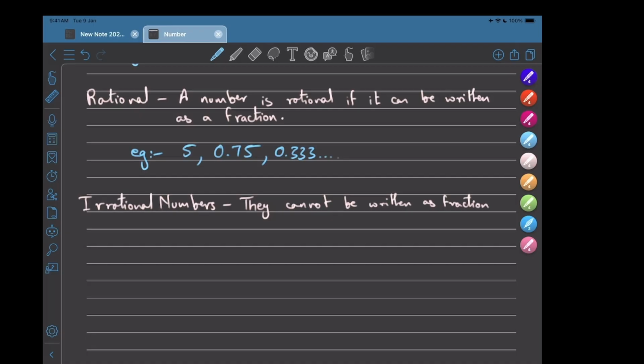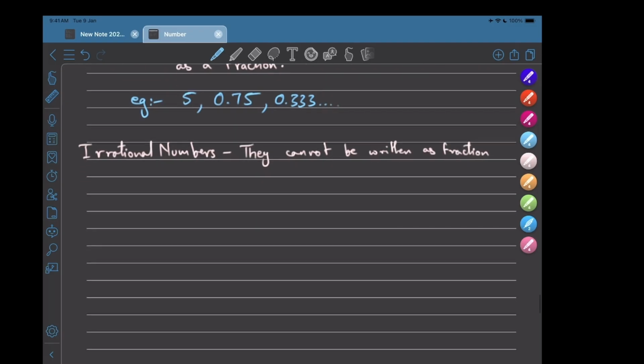Yeah, basically that's it. Now irrational numbers. Irrational numbers are basically the opposite of it. Any value that cannot be written as a fraction is considered an irrational number. Now an example: pi is an irrational value. Pi is an irrational value because it is 3.14 and so on. I think it's 3.14159, something like this. So it goes on, and it cannot be written as a fraction. Pi cannot be written as a fraction, all right.